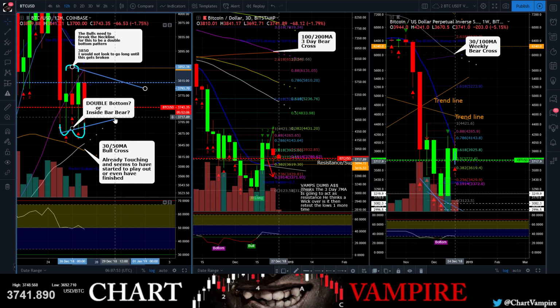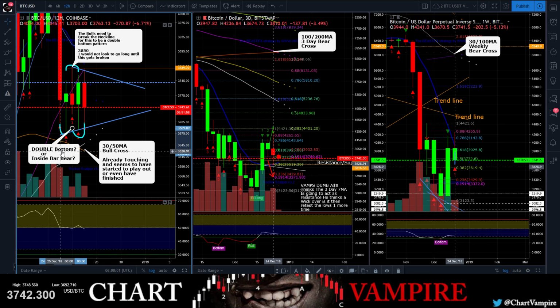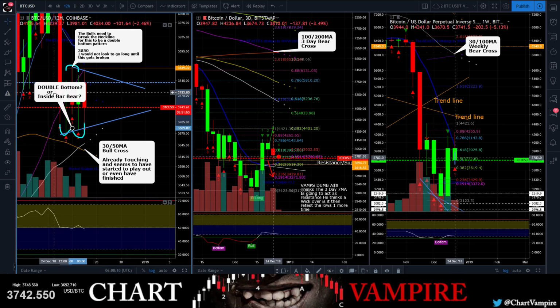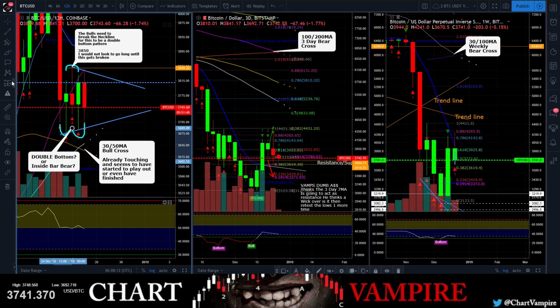So now all this did was just make a big, ugly bear wedge, right? This is no bueno, right? So there's your double top, couldn't break over, retraced all the way back down. So now what we're going to do is an inside bar, and let me see if I can get that in here. And we're going to go like this,